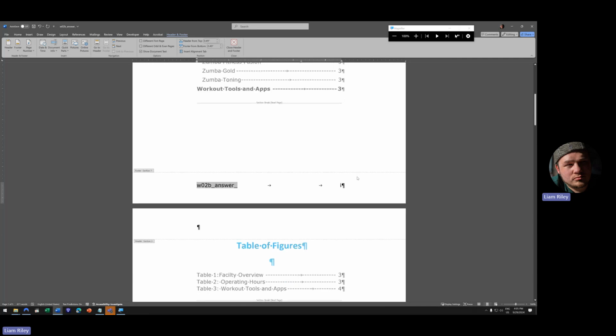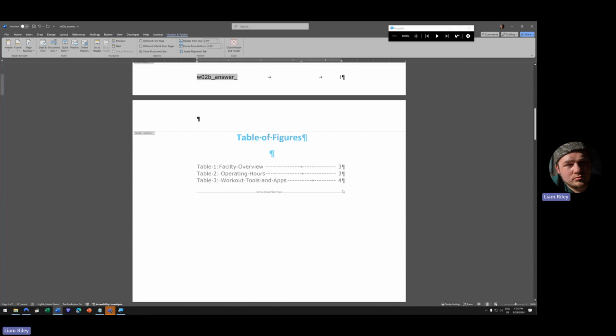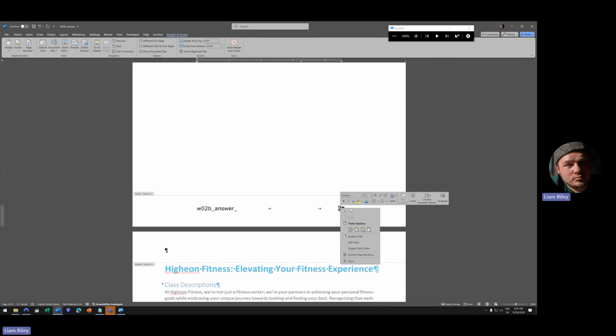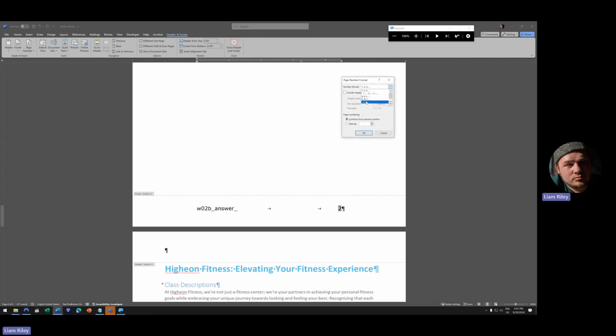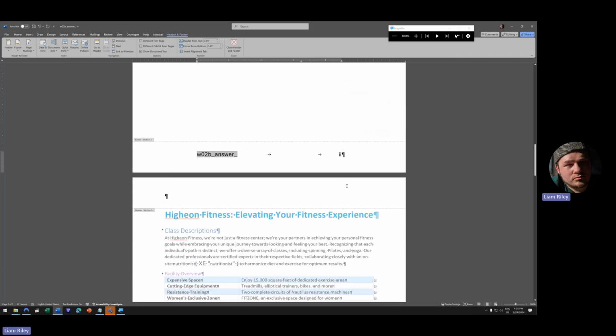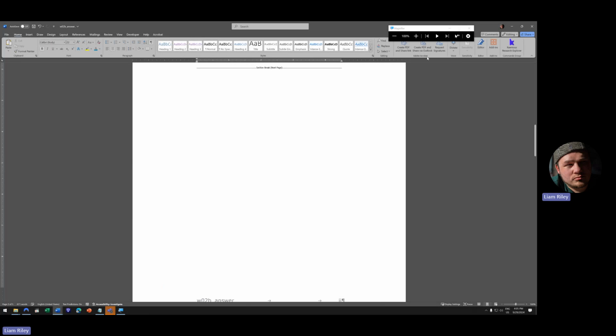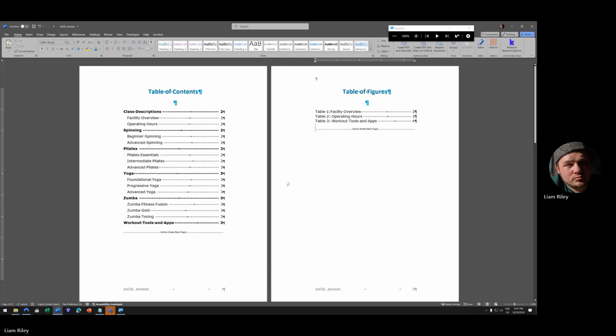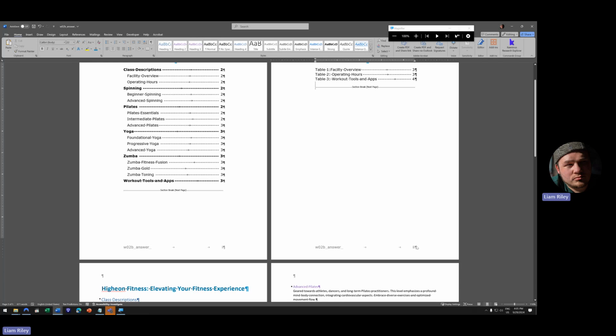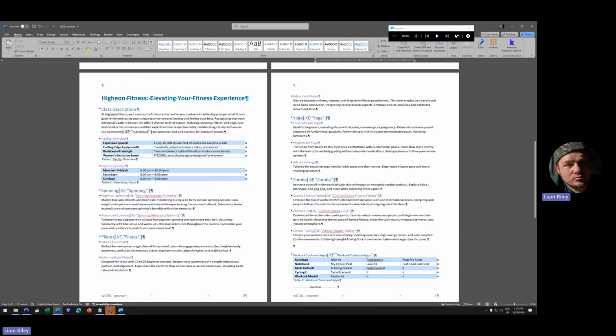So we get a Roman numeral number 1 in the first page, and then in the second page, we're going to do the same thing. Change it to Roman numerals, and we shouldn't need to update the page numbering option at the bottom because we do have a previous section, and so it should just number it 2. And that is effectively done. So we've got our table of contents page with wide margins and Roman numerals, table of figures page with wide margins and Roman numerals, and then the rest of our document